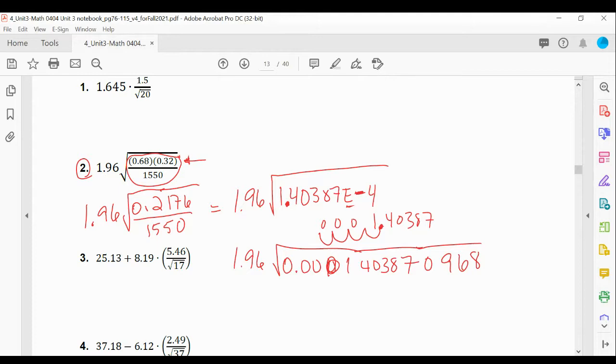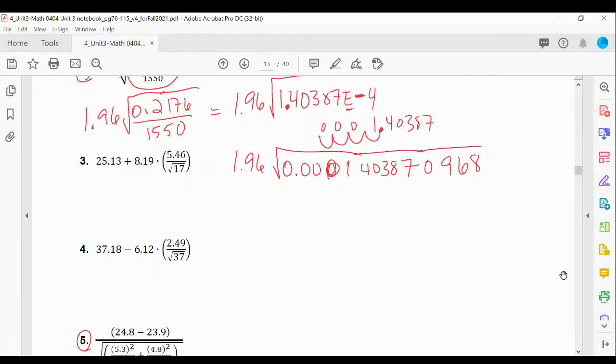Now let's take the square root of that number. So when you take the square root of that number, you get 0.01184856061 times 1.96. And now the final step is to multiply times 1.96, and we end up with